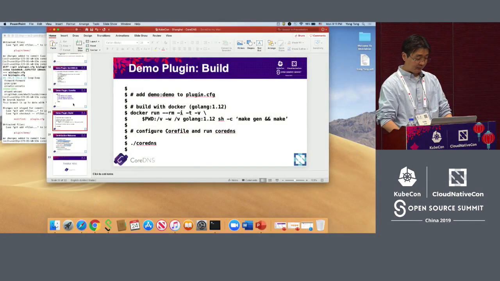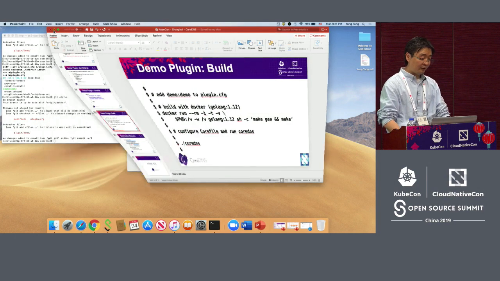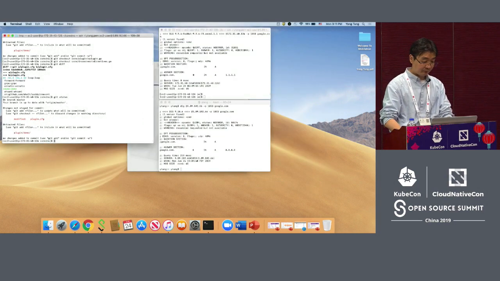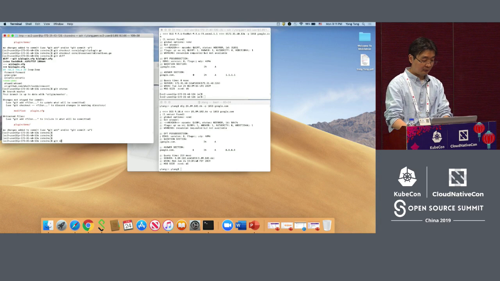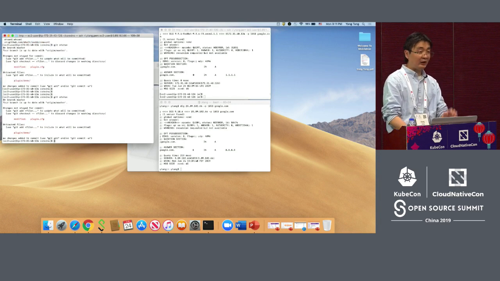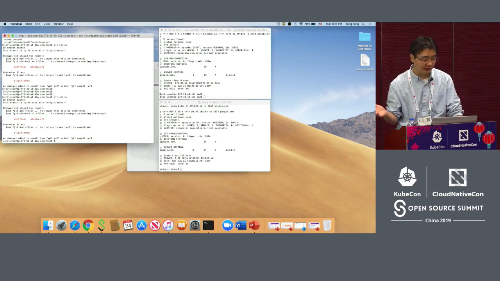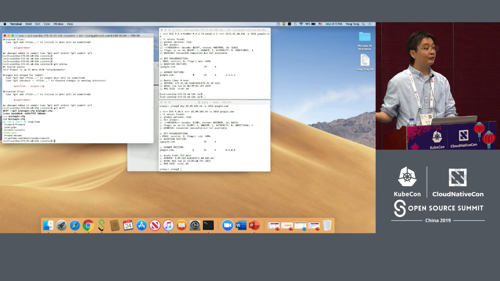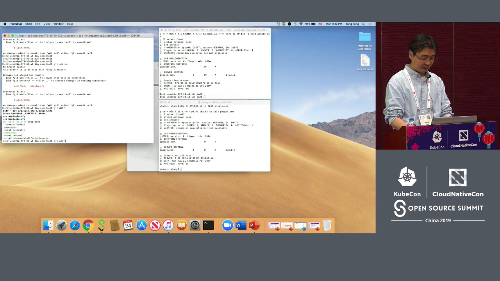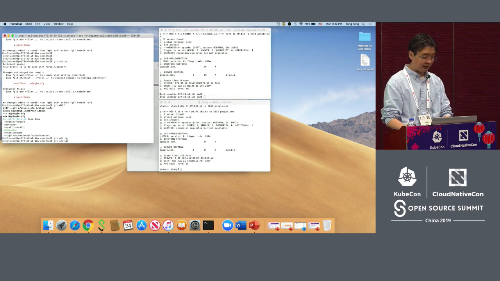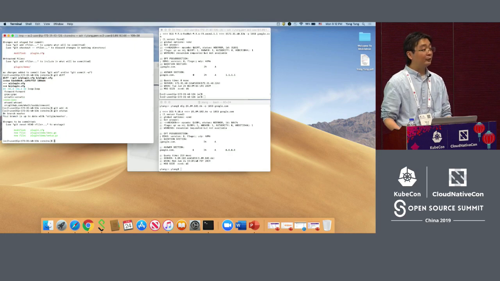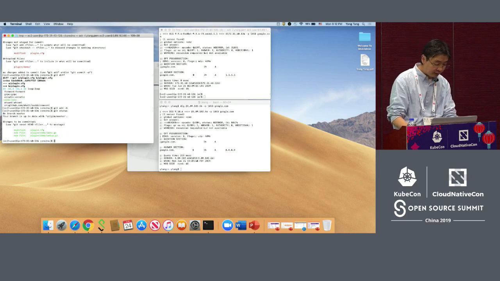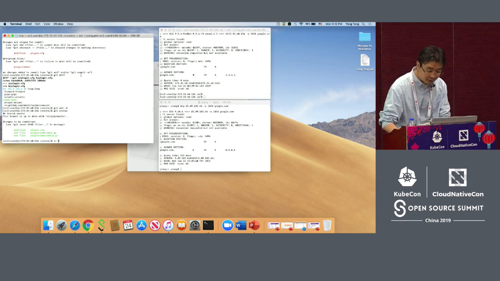So I'm going to escape the PowerPoint slide and show you the demo. Just to make it simple, I already set up the files here. As you can see, one file is plugin.config, which is essentially just a one-line change. That's fairly easy. Another thing is, let's add everything so we can see which files have been changed. I only added two files. The first file is setup.go. If you look into this one,